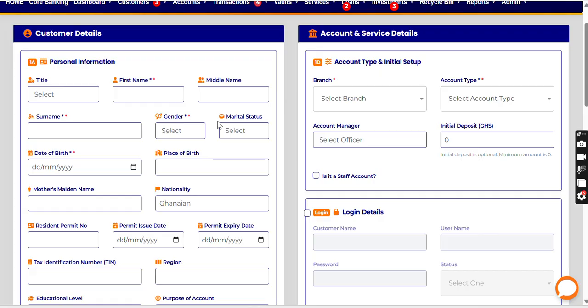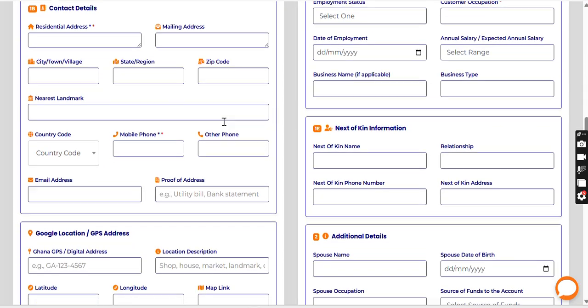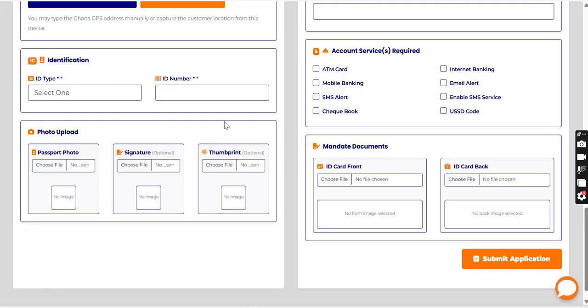It's a little bit broad, and it contains everything a bank needs, or a savings and loan company needs, or a microfinance institution needs. Like we all know, Bank of Ghana is doing a new reform that very soon all our Susu companies